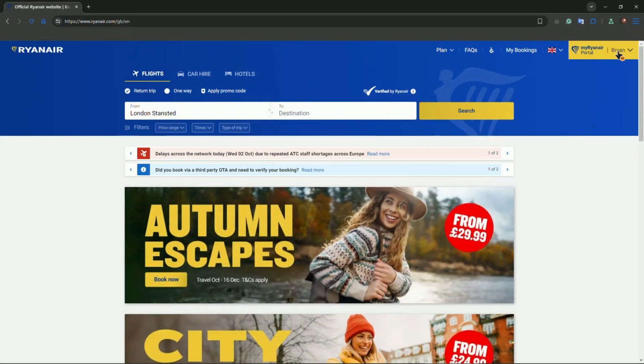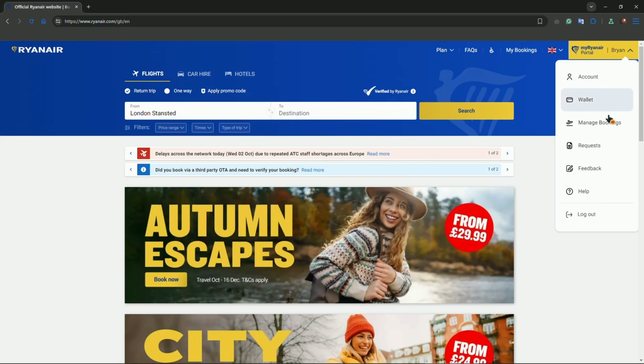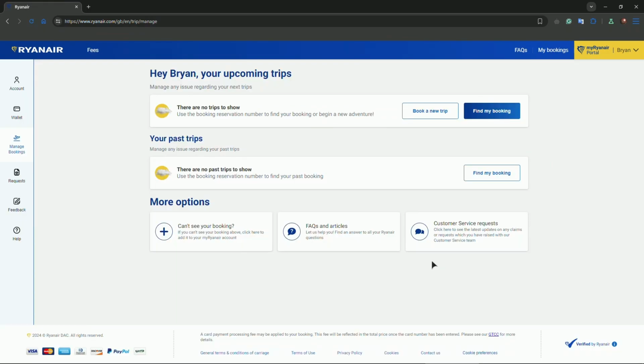As you can see, I'm already logged in. Enter your email and password. After that, click on your account, then go to the Manage Bookings button. In this section you can see the list of all your